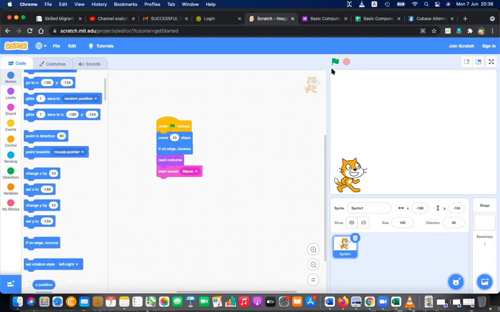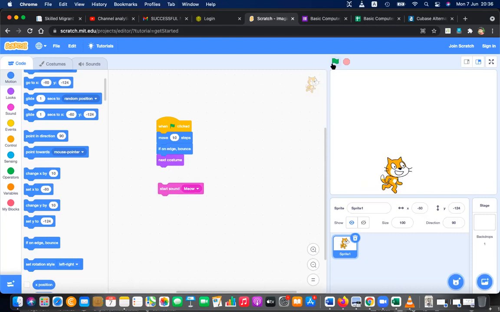Right, then when I click the flag, you can see it's moving. This sound is annoying, right? So I'm just going to keep it somewhere. Now it's not making the sound, but it's moving to the edge, and at the edge it's bouncing and coming back.